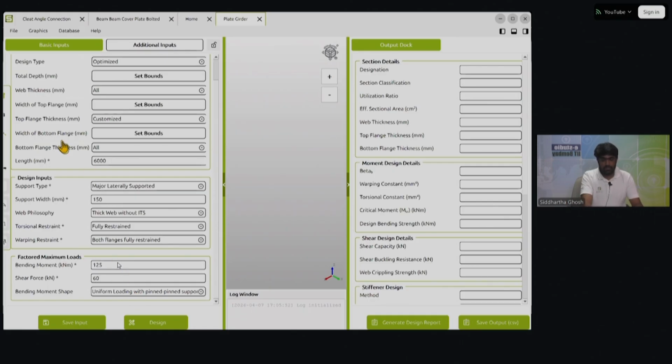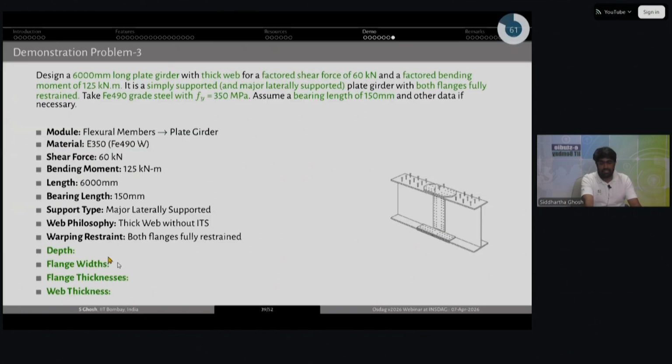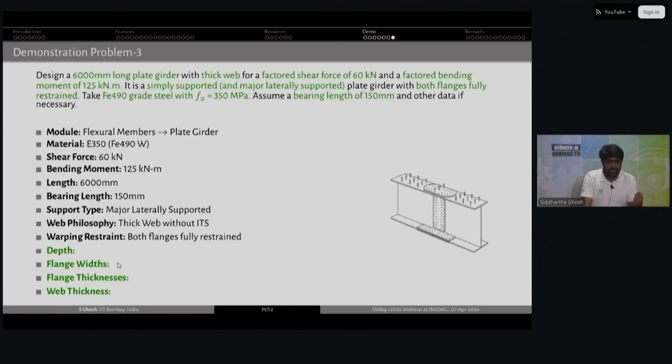And now what will we take as the depth, flange width, flange thickness or web thickness? It's a plate girder. It's an open-ended question. So in a typical beam design, when we do it with rolled sections, we usually take the bending moment, calculate the required plastic modulus, and then based on IS 808 tables we'll select a member and do the checks. But here what should we do? So, and with a single particular plastic modulus there are a lot of options,